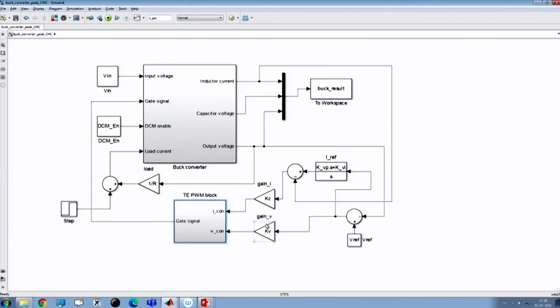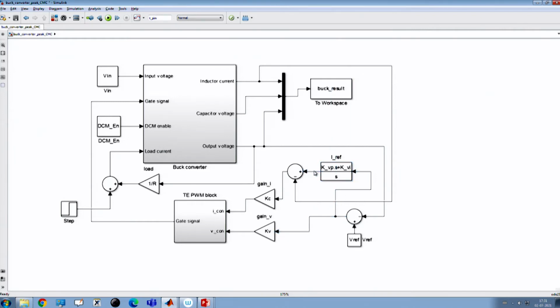Next, if we want to realize state feedback control, that means we have to set Kc and Kv, and I have told you in current mode control we use a PI control as the voltage loop. This is the error voltage, this is the output voltage, this is the reference voltage, and you take the error voltage as the input to the PI controller, and the output is the Iref.